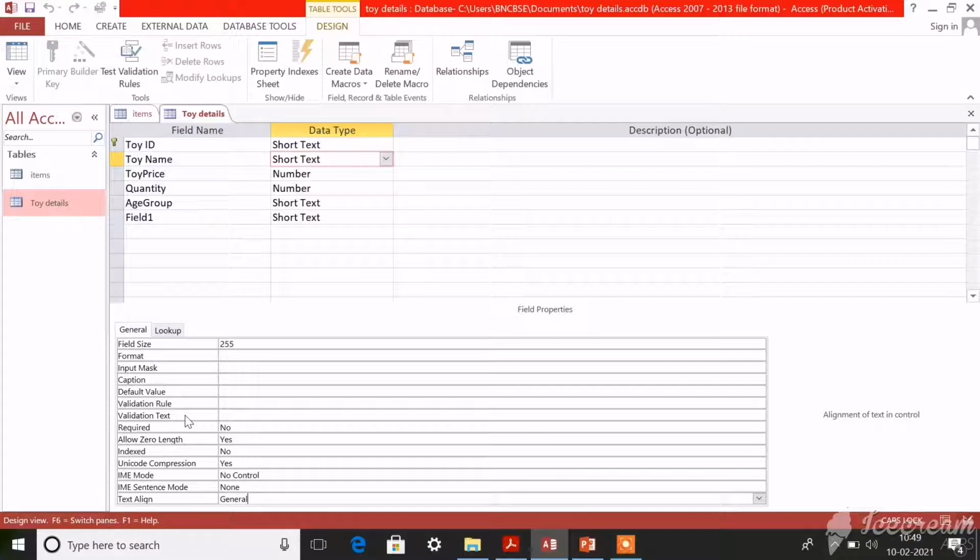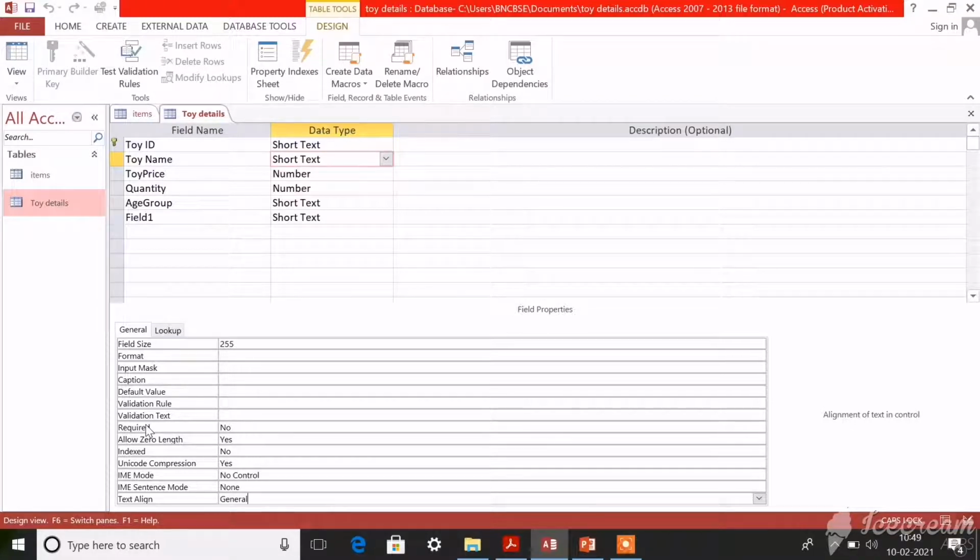If the value entered in a particular field is not as per the validation rule, the validation text will take control and display an error message. Whatever data we enter should be within this validation rule, within that limit. Now the next option is required.